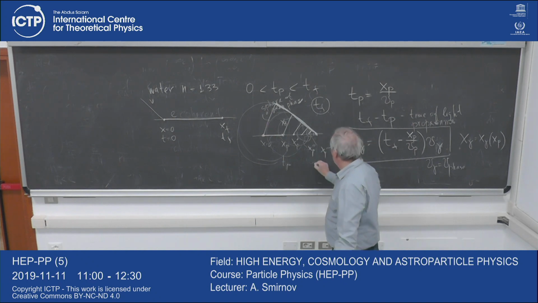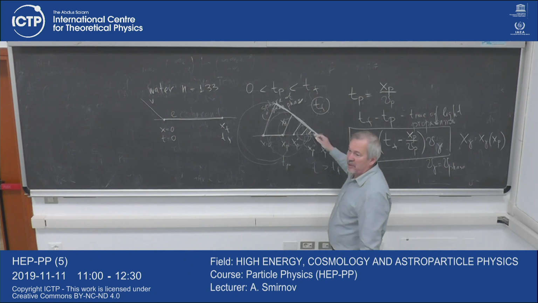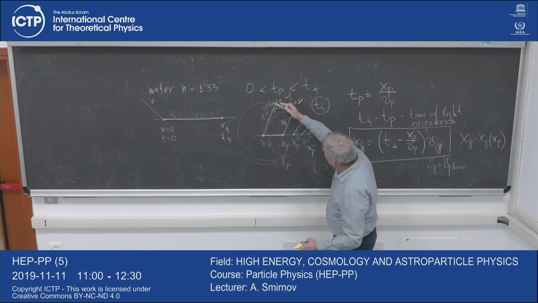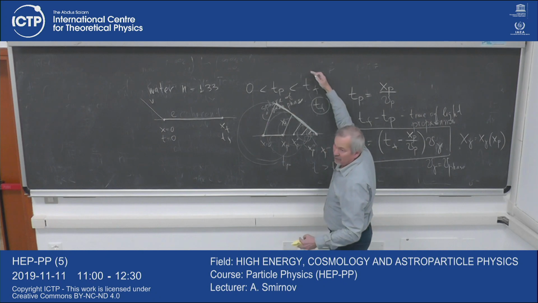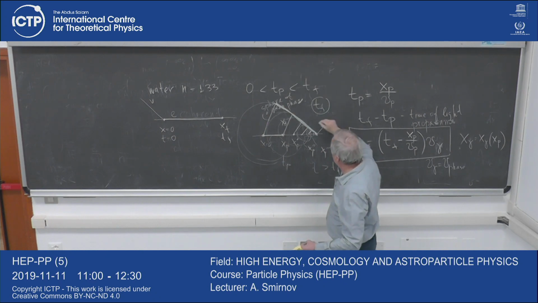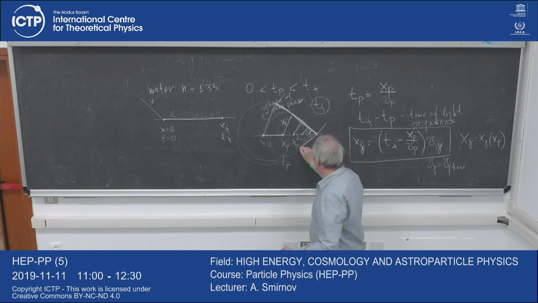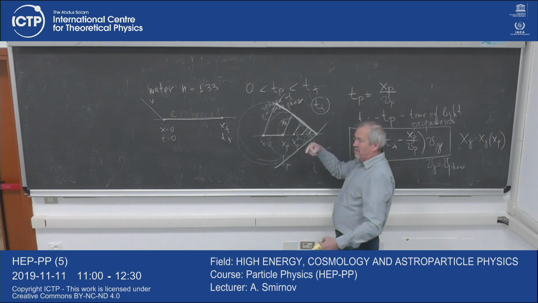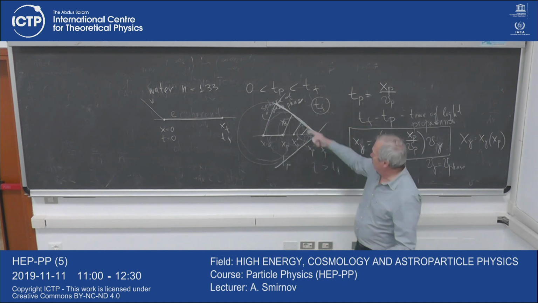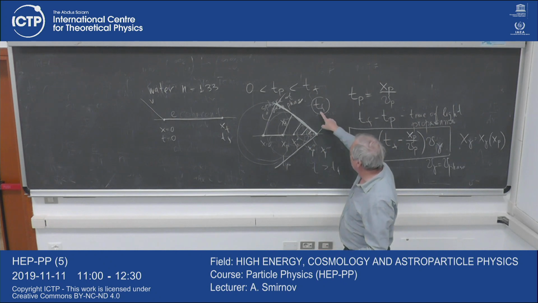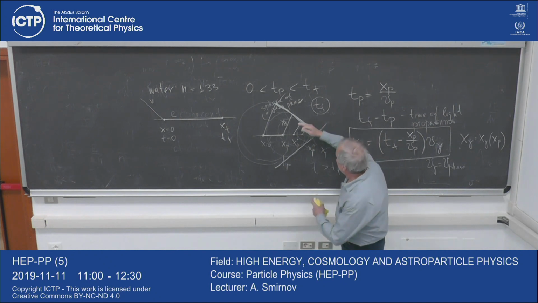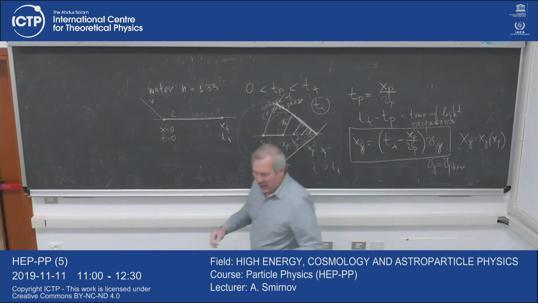So what will happen when T is bigger than TF? Nothing is emitted anymore, the particle disappeared. And so what you will have is propagation of this front of finite size. So you will have this. But of course it has this cylindrical symmetry, right? So you have also a front here. And you have this cone, right? So it's a cone at the moment of time TF, but then it starts to propagate, and you will have the picture